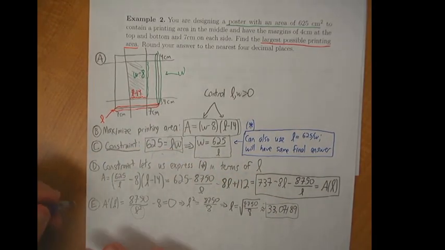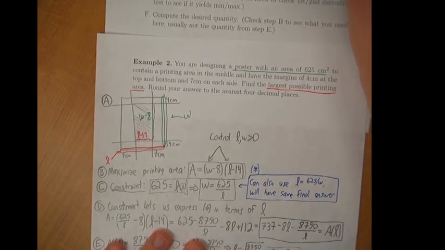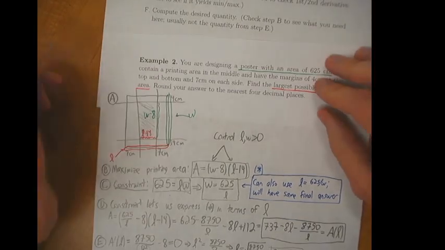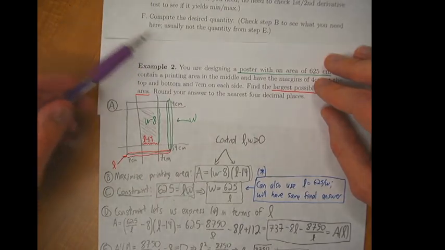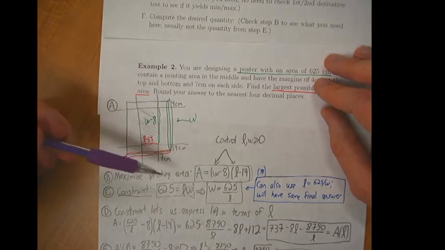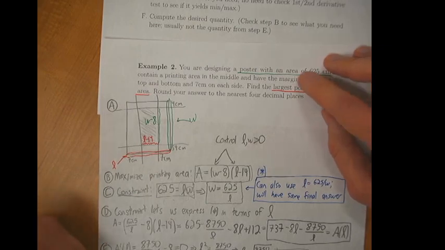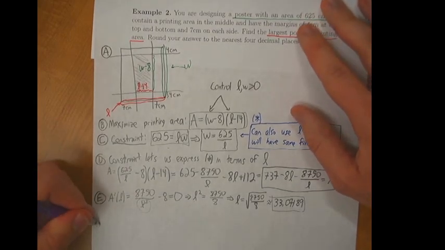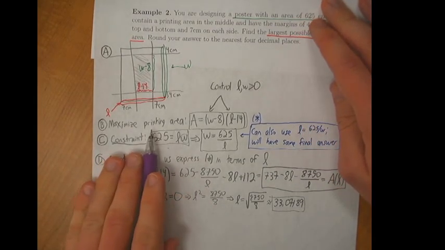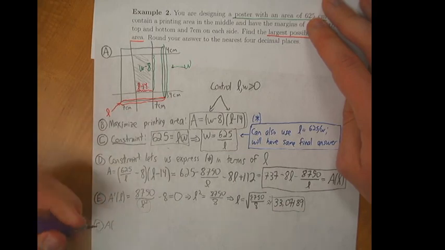So now the last thing we have to do from this is, now that we have the desired critical number, let's go ahead and compute the desired quantity. Usually you have to check step B to see what you need here. It's usually not the quantity from step E. So in this case we need to maximize this printing area, which is already expressed in terms of L down here. So let's go ahead and take the area of